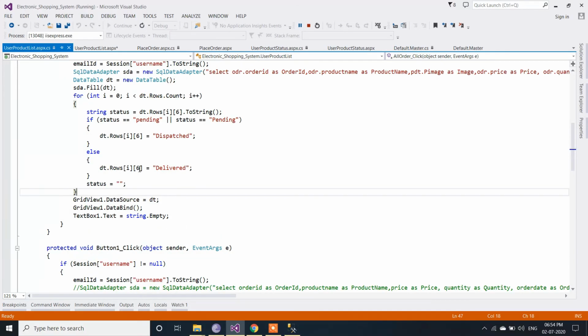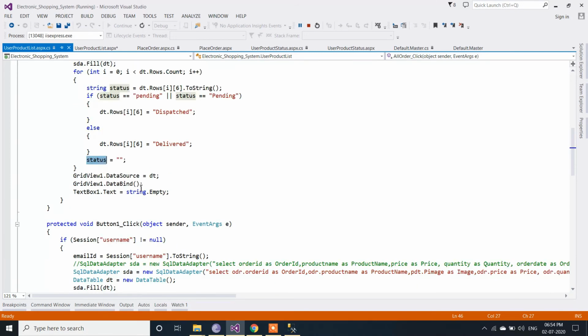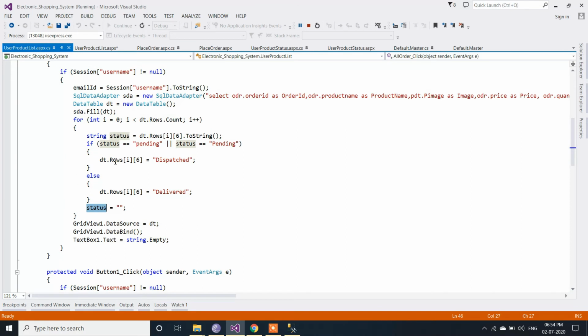After that we have to blank the value present inside the status, and this will be in a loop because we are using a for loop. Suppose two records are present in the result of this query. At the start i is 0, then it will check that count is 2, 0 is less than 2, right?